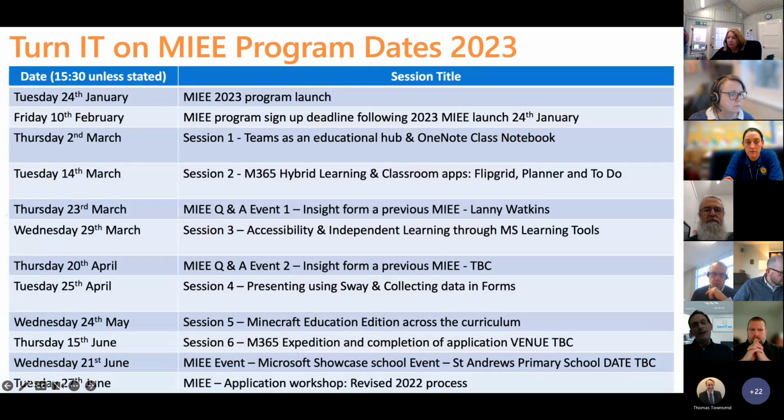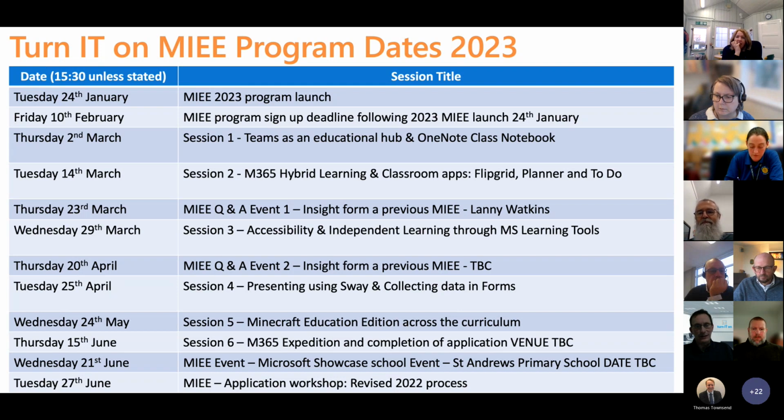The rough timeline of events that we have at the moment, the dates are down the left and the individual specific focus for those events are on screen now. We are going to try not to change those as far as possible, but occasionally things beyond our control influence the odd change of a date, but they would be within the same week. We wouldn't radically change those dates.